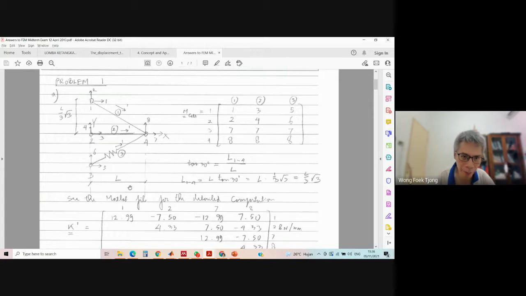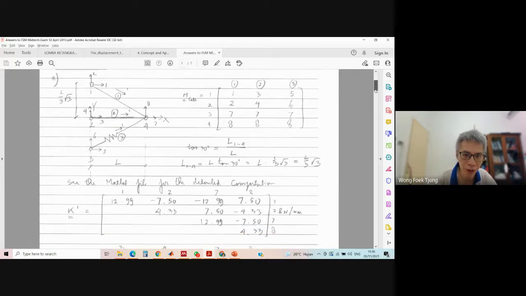How about the length of the element? We know L is 1 meter or 1000 millimeter, but how about this length? What kind of trigonometric function should we use? The tangent, of course, because we know this angle is 30 degrees. The tangent is the length from 1 to 4 divided by L. That's the definition of tangent, right? So we can compute this one: L over the square root of 3. Once we know this, we can compute the other using the Pythagorean formula.